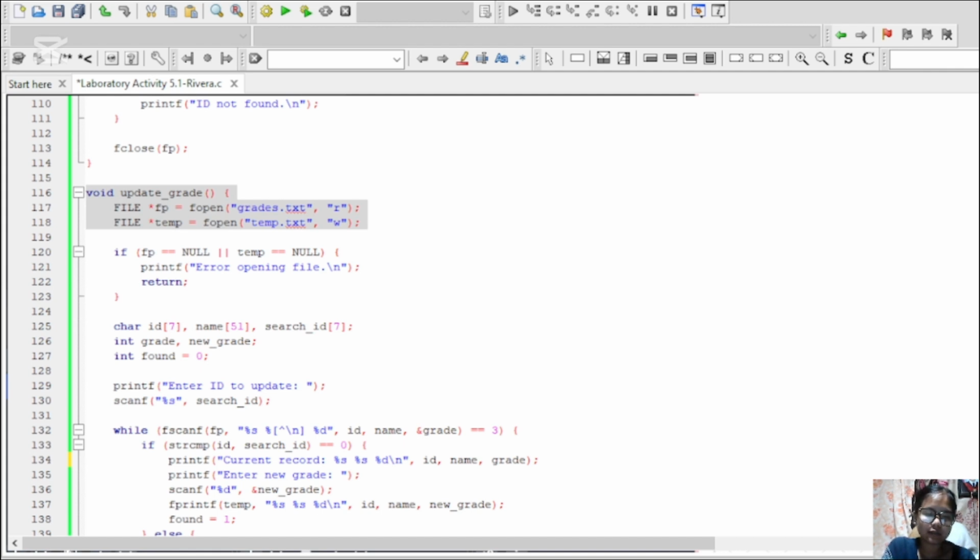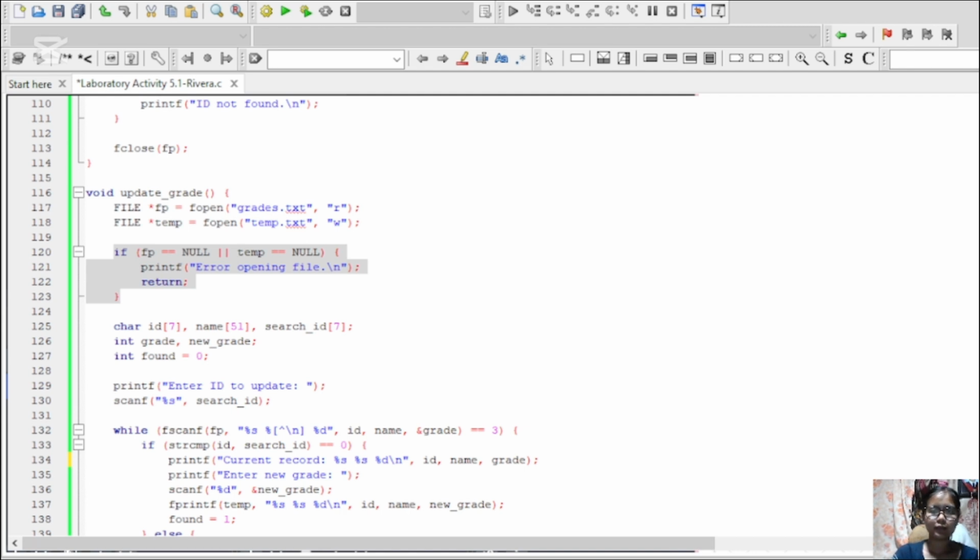I open the grade text file in read mode and also open a temporary file, temp text, in write mode. I will write the updated records to the temporary file and replace the old file.